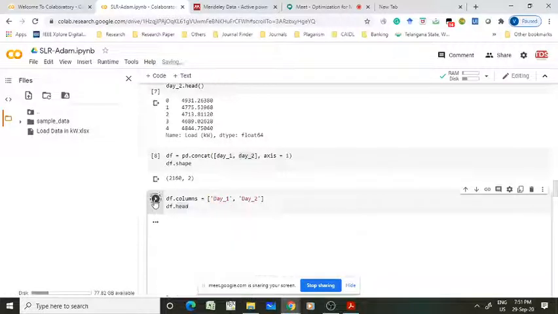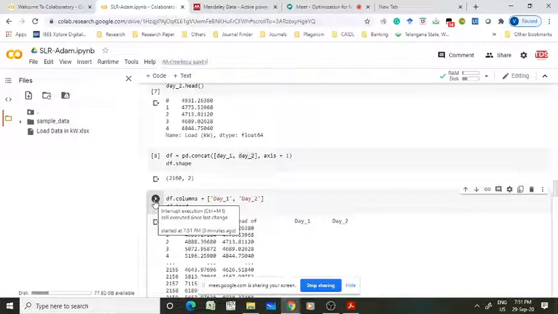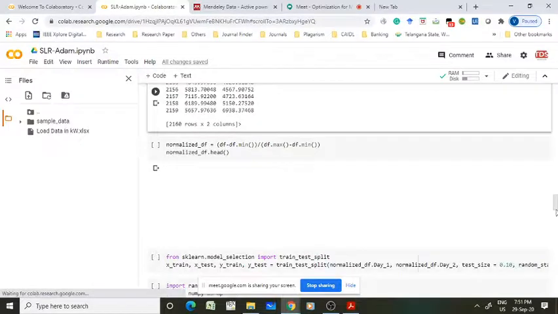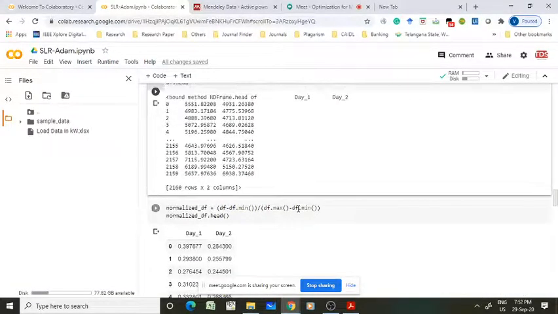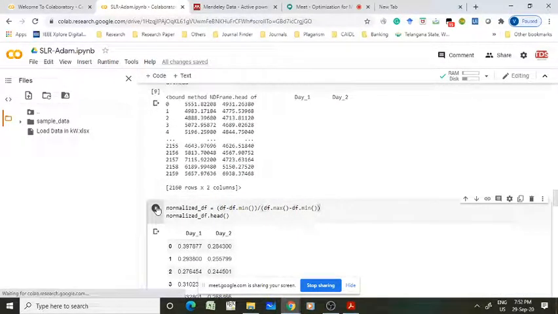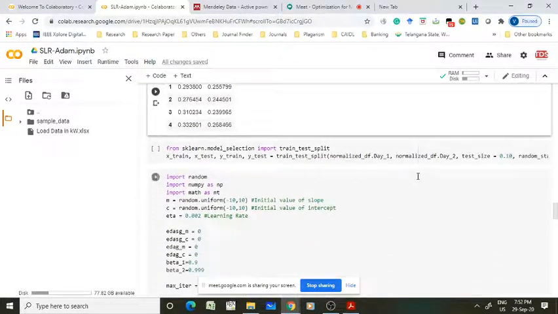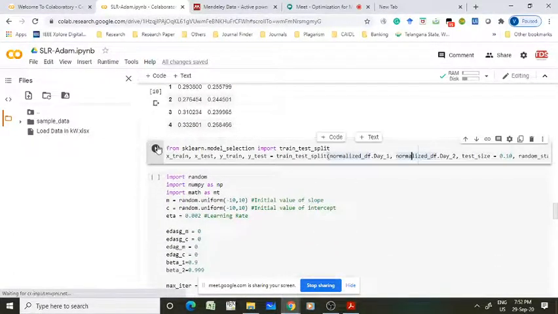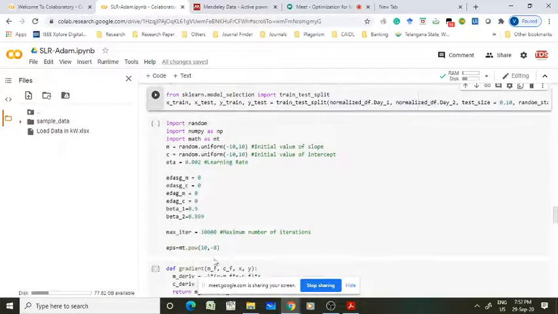All these tasks we did for, I think, AdaGrad or Nesterov. We did the same thing. What I have to do is normalize the data, split the data, and initialize the parameters.